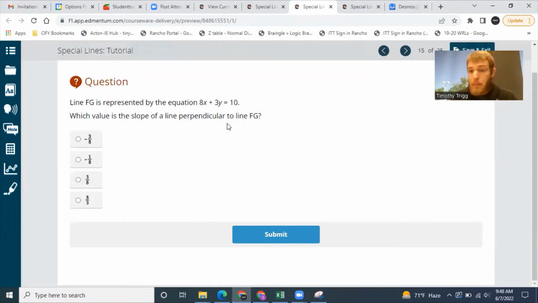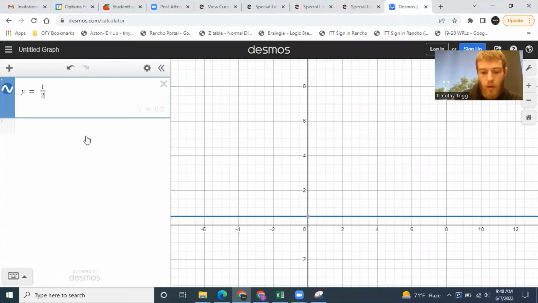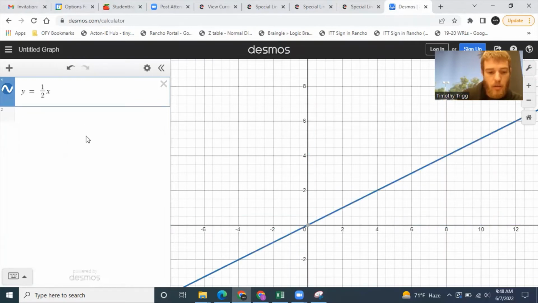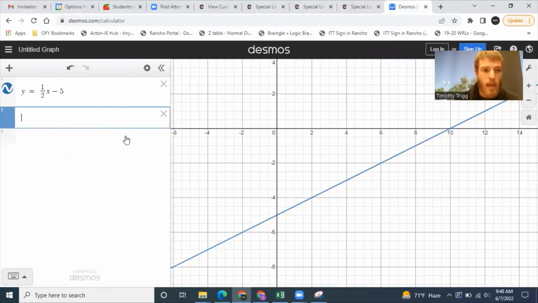Well, perpendicular is different than parallel, okay? That's a distinction that you need to have concretely in your mind. Parallel is when the two lines don't touch. So in the example we had before, like if we have y equals 1/2 x minus 5, that was one of the equations we had before. You can see the line here. And I could draw a parallel line here, y equals,